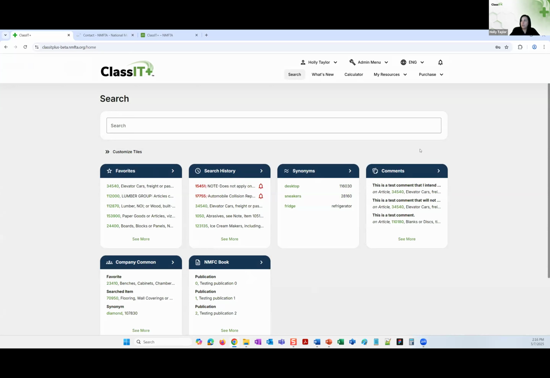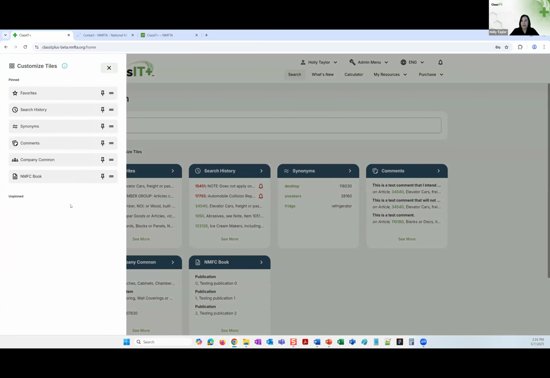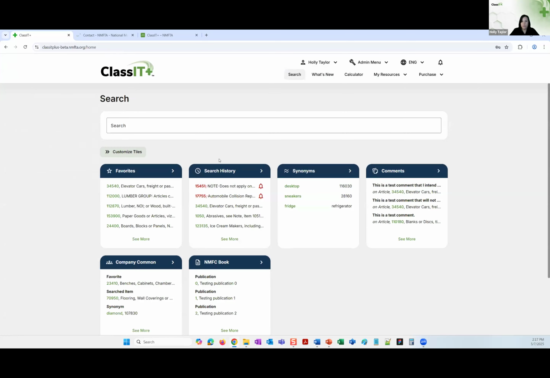You'll see here at the top, you have the search tile. I don't know if you remember, let's go back. The search tile is not listed here as customizable. Why is that? Because it's always there. We never want you to remove the search tile. Why would we want you to do that? Search is the #1 feature for ClassIT Plus. So it will always be located at the top of your dashboard. The favorites, search history, synonyms, comments, your company common, and NMFC book, these tiles are all customizable by you,